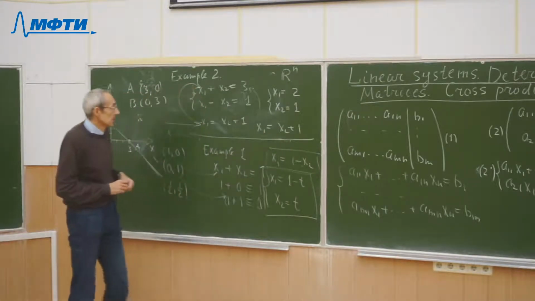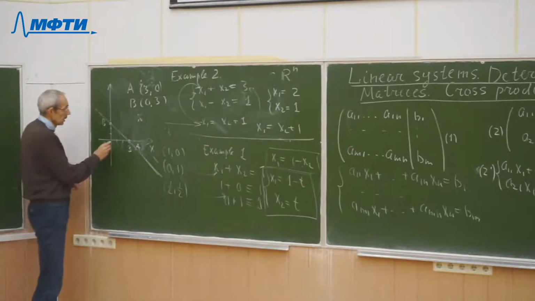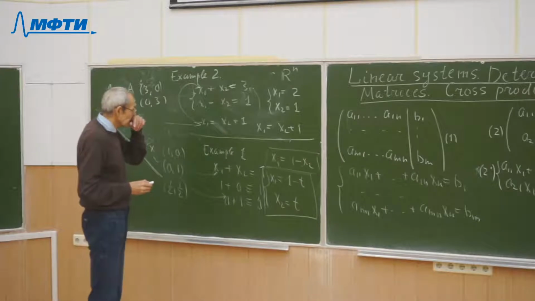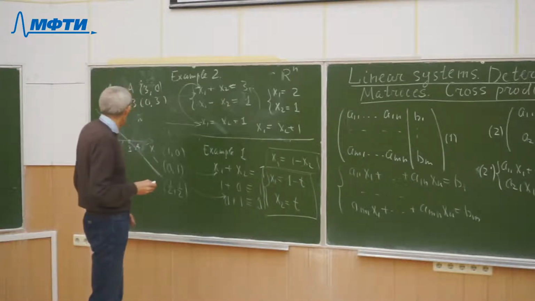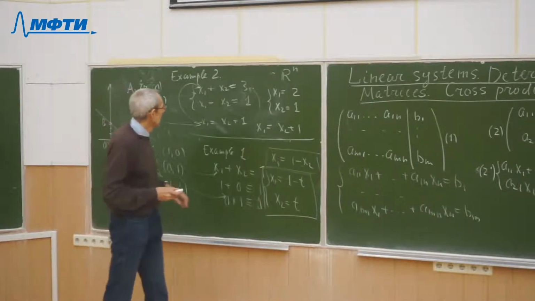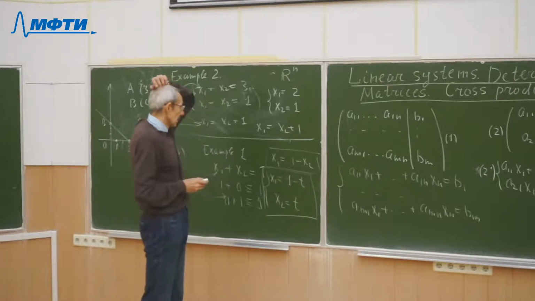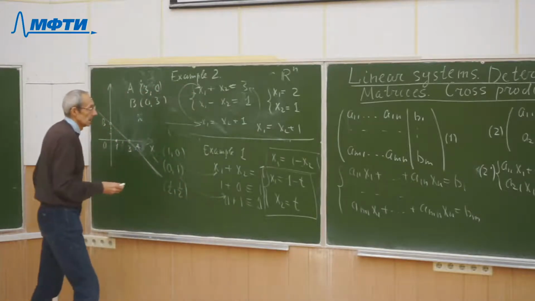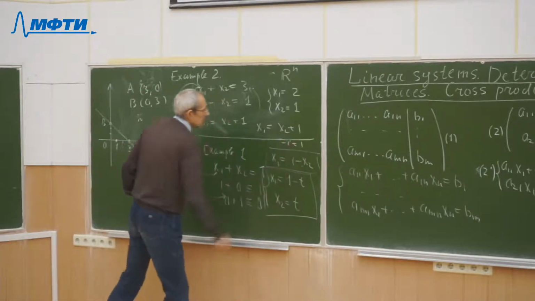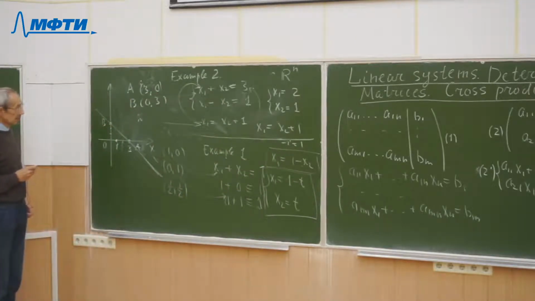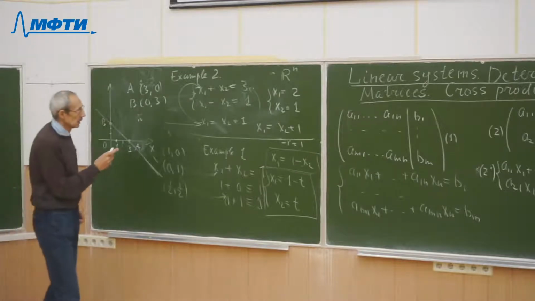For example, maybe x2 is equal to 0 and x1 is equal to 1. Maybe other values, maybe x2 is minus 1, and then x1 is equal, oh, I'm sorry, yes,